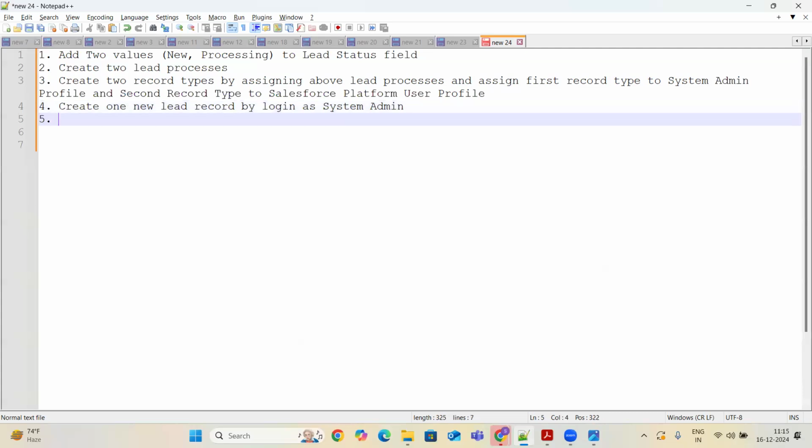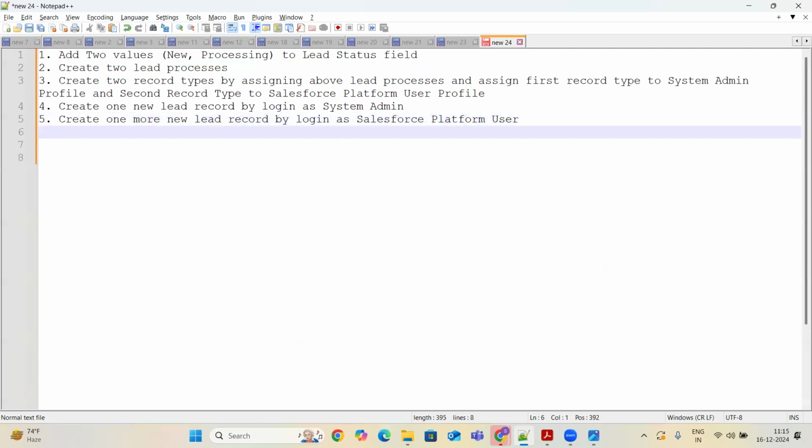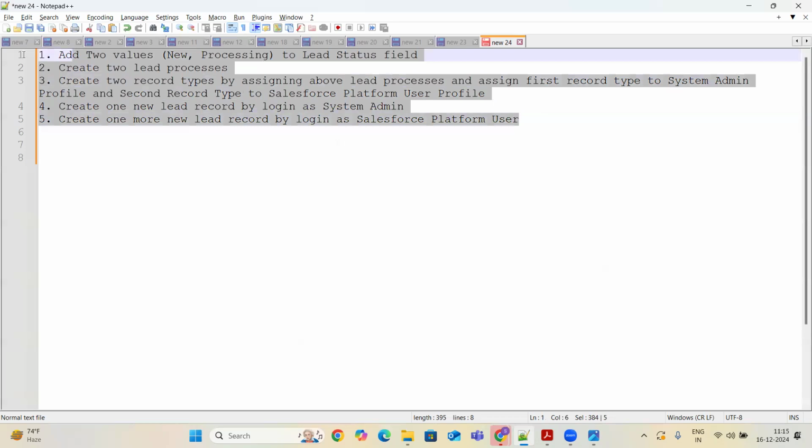And the next thing is create one more new lead record by logging in as Salesforce platform user. Okay, guys, you can perform these 5 actions.